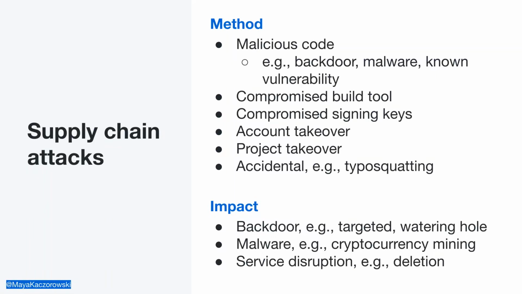So this is directly affecting the code and the maintenance of that code. Compromising a build tool, to change what you can actually build and how things are built for your environment. What's interesting here is that this in and of itself could be another supply chain attack, right? I could compromise the build tool through a supply chain attack to then compromise other things using that build tool, which is kind of crazy when you start to think about that meta aspect of it.